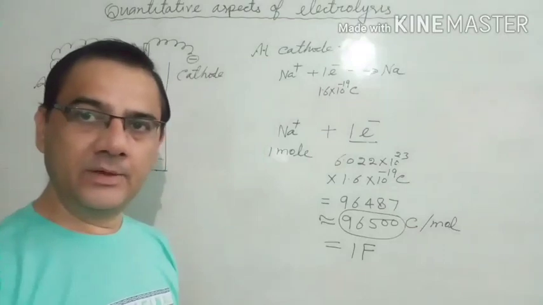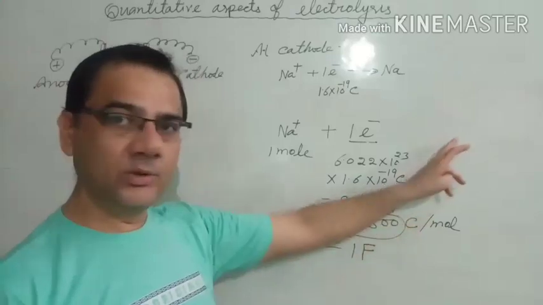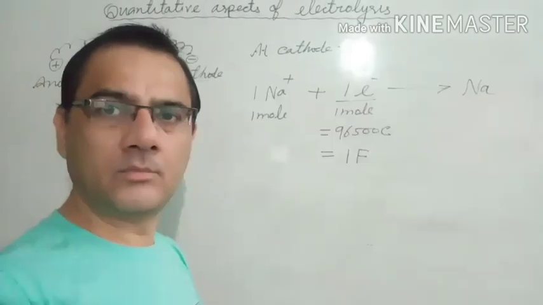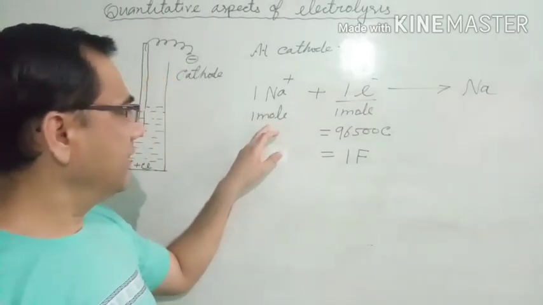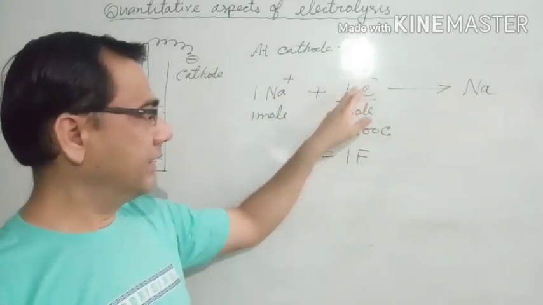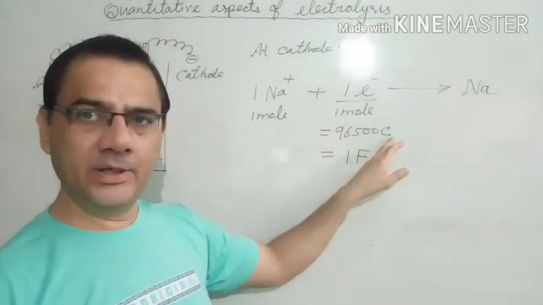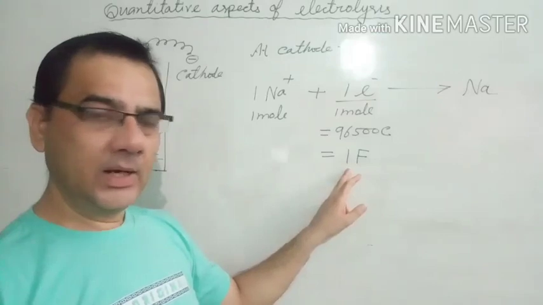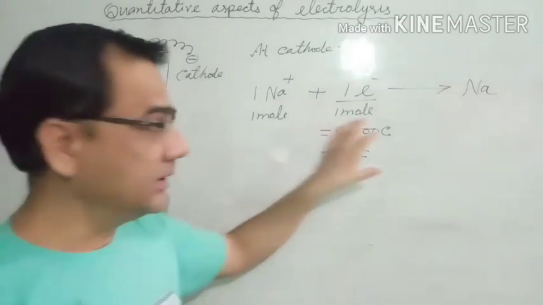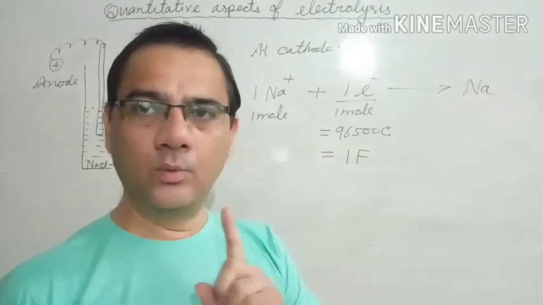So in a very simple way, we can say 1 mole of Na plus ion plus 1 Faraday equal to 1 mole of sodium. So again I am writing another form of the equation. See, now I have written 1 mole of Na plus ion moving towards cathode gains 1 mole of electron equal to charge, that is 96,500 coulomb or 1 Faraday. And when this much amount of charge is gained by the 1 mole of Na plus ion, then the sodium which will be deposited at the cathode will be equal to 1 mole.